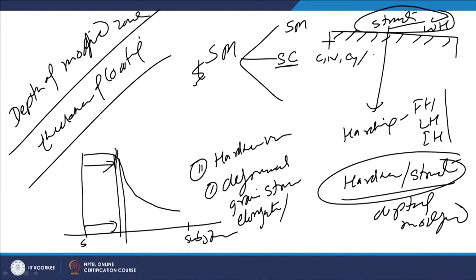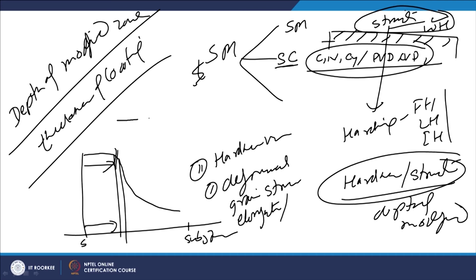Then we have another category of methods where the surface composition is modified, like carburizing, nitriding or cyaniding, or likewise there are other methods where PVD or CVD methods are used or ion implantation is used. So, in all these cases these methods are based on the chemical composition modification. So, the depth of the modified surface in this category of the methods, or if the surface has been modified using the second category of the methods,